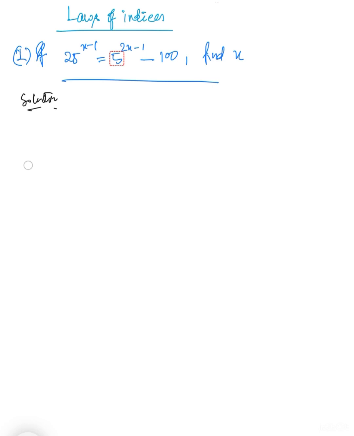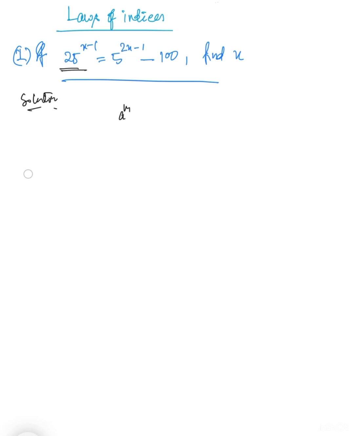Here you see this is 25 on the left hand side and 5 on the right hand side. So 25 is definitely the square of 5, isn't it? Now,